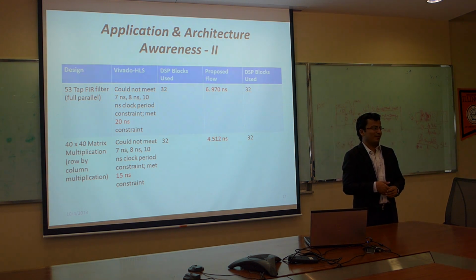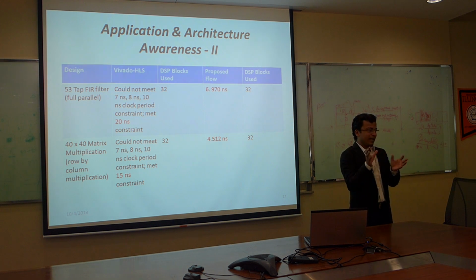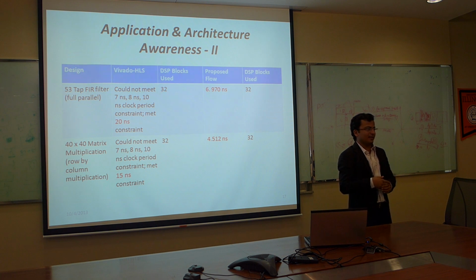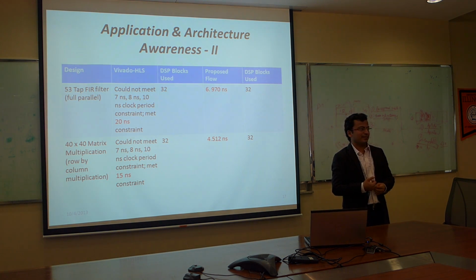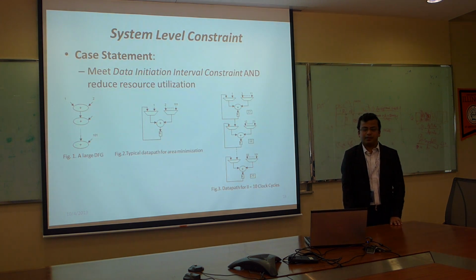Was 53 just the first number you pulled out, or did you try 54, 55, 57, 52 and pick one to get the best numbers? Okay, I tried 53, 40, some randomly chosen numbers which were bigger than the limit on the device, and for each of them you had it better. It's just that I'm showing you like this. Okay, and then,